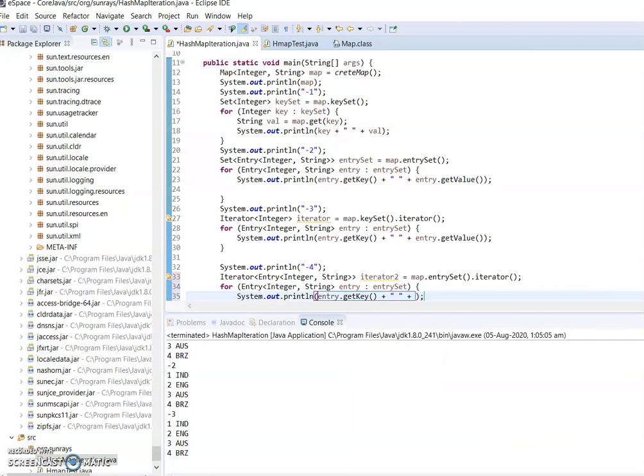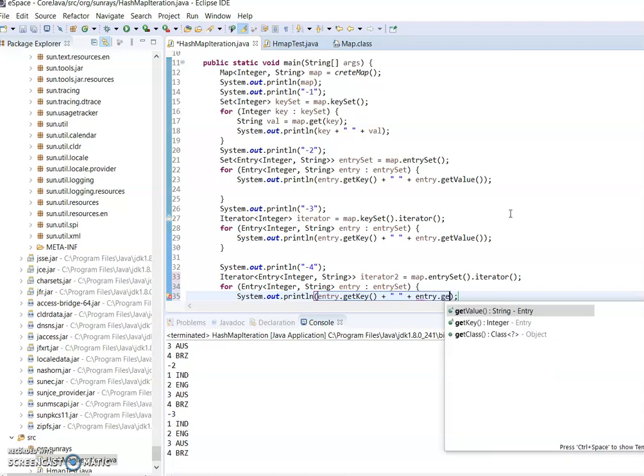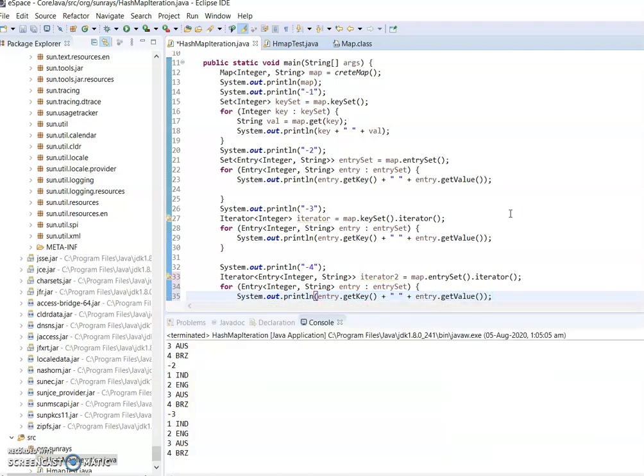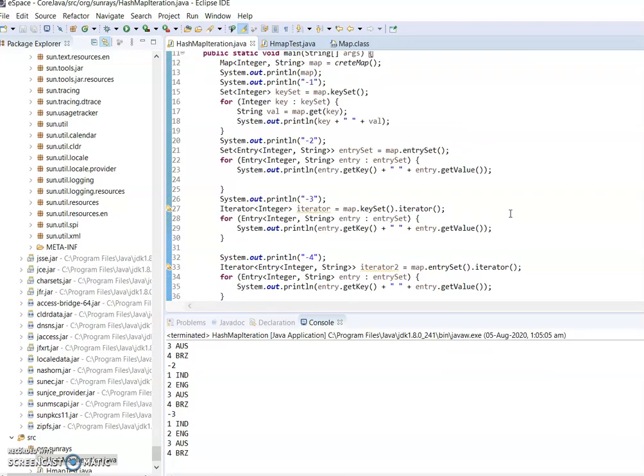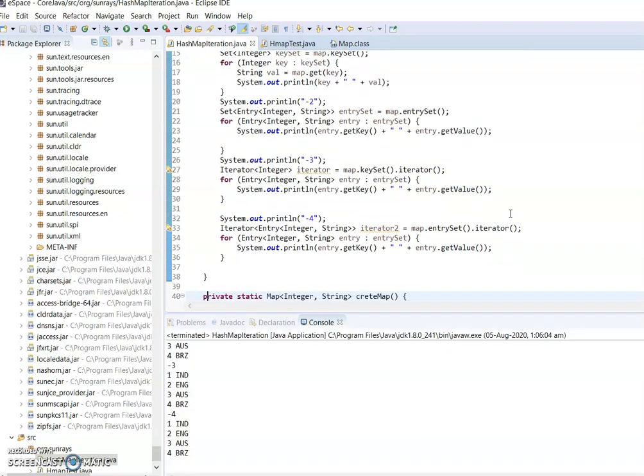Here I'm iterating the data using the iterator over the entrySet.